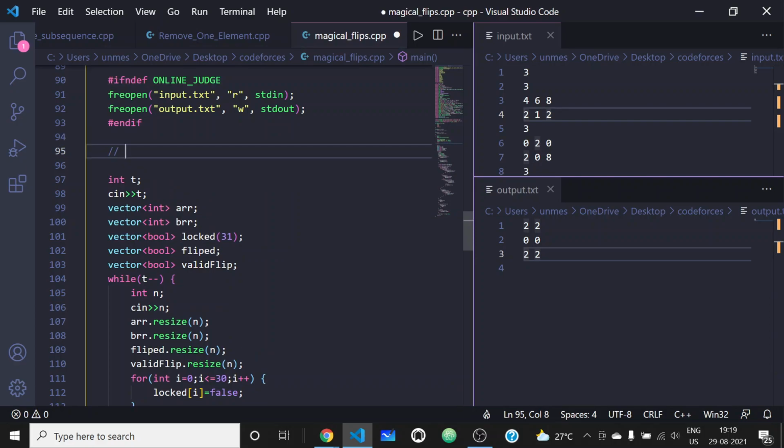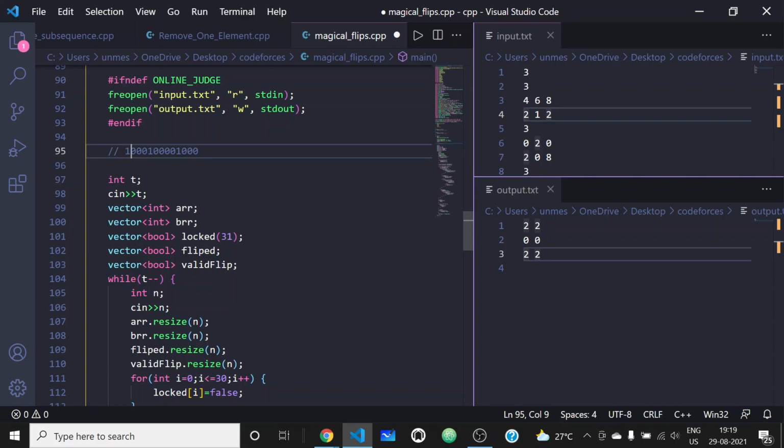So we all know that if the resultant number formed after taking the bitwise AND of all the numbers has to be maximized, then we can try to form one on the leftmost bit, because the leftmost bit has the maximum value.